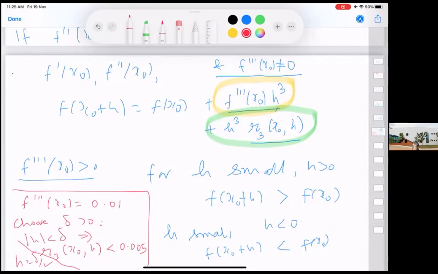Okay, so right now we have shown that if first two derivatives at x0 are 0 and the third derivative at x0 is not 0, then that point can neither be the maxima nor minima. For geometric reason, it is called a point of inflection. Exactly why it is called inflection of what, etc., we won't go into. But it's not maxima or minima, but a point of inflection. One side is negative, it reduces, other side it is.